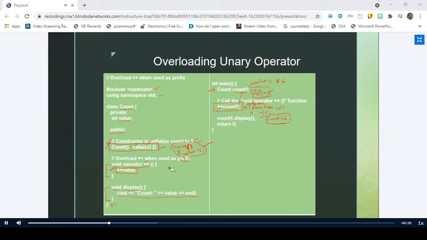Did you understand my question? Instead of incrementing, I'm just going to increase the value by 1 only. But I have overloaded this function, the plus plus function, and I am saying that I will write like this: value is equal to value plus 10. Will it work or doesn't work? It will give an error, sir, because plus is not defined.